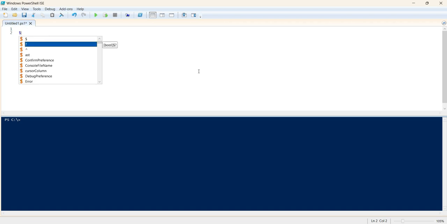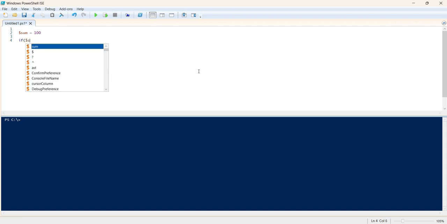Let's declare one variable called sum, and let's keep the value of that sum variable as 100. So what we really want to do is compare the variable sum. So it's if sum equals, and this is how you put the equals sign in PowerShell. So if the sum equals 100, then you open curly braces and then you close the curly braces,